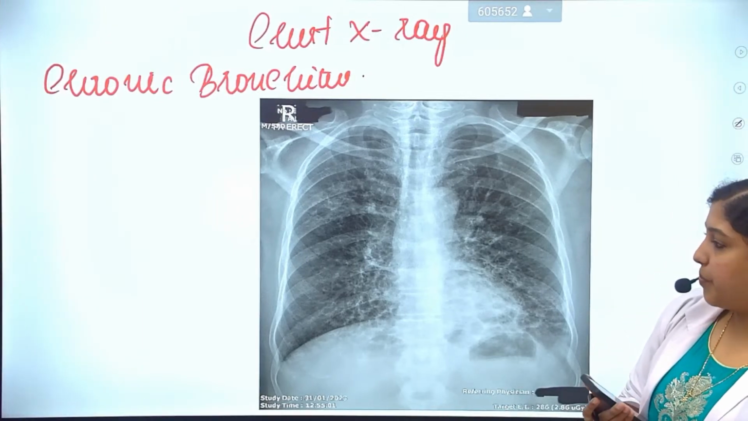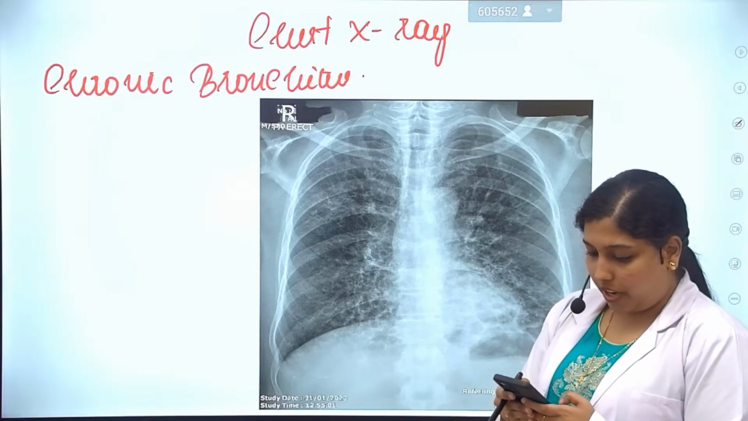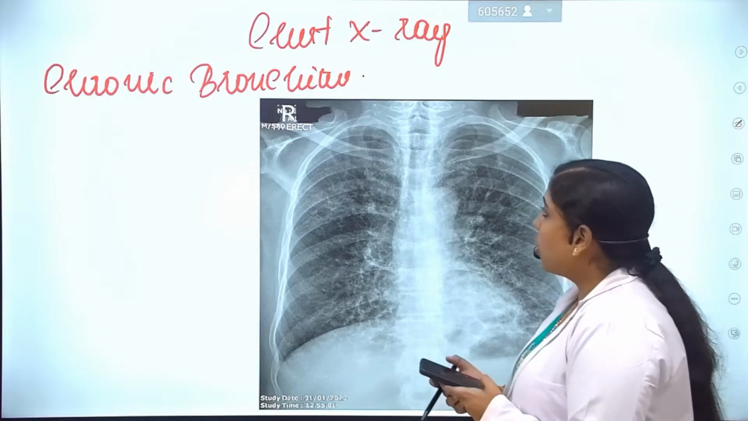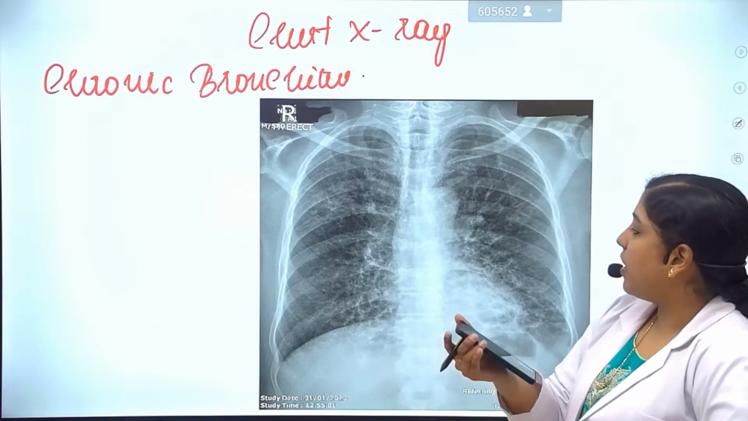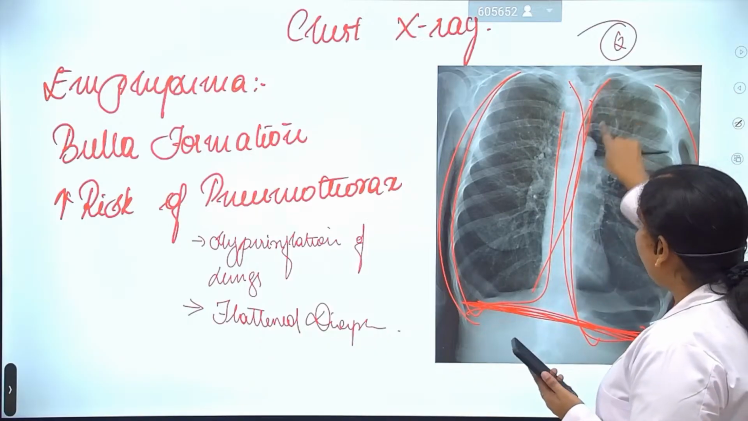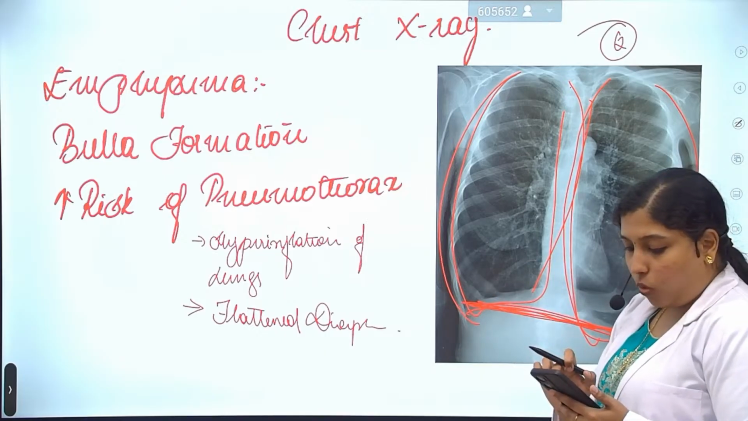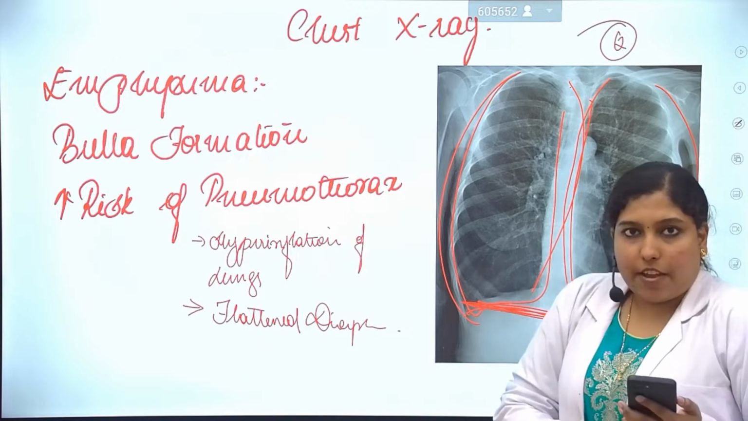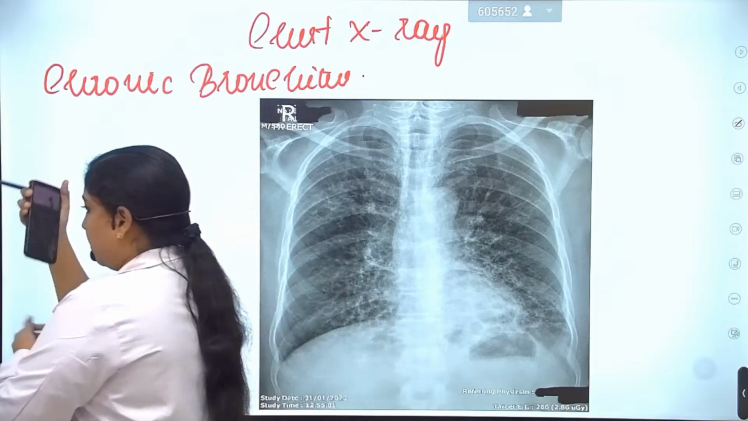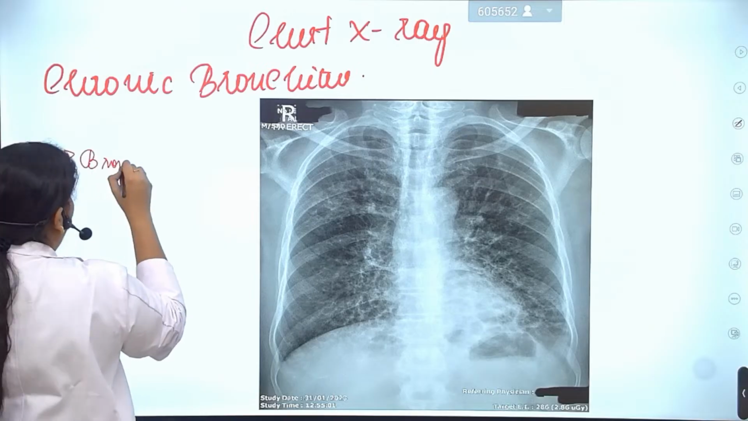Okay. So now we are going to see the chronic bronchitis X-ray findings. In case of emphysema, you see hyperinflated lungs, and the diaphragm is flattened because the lungs are overinflated. The diaphragm which is holding the lungs will be flattened like this. But in chronic bronchitis, the important thing you can see is the bronchovascular